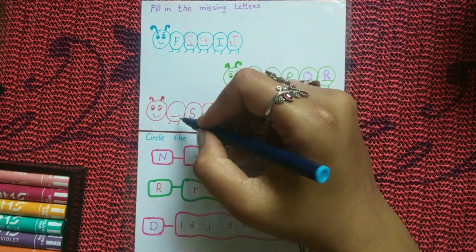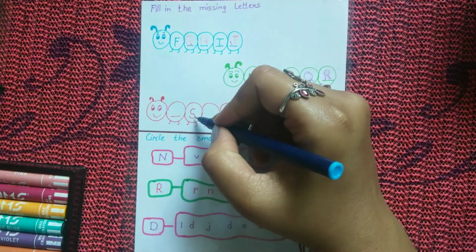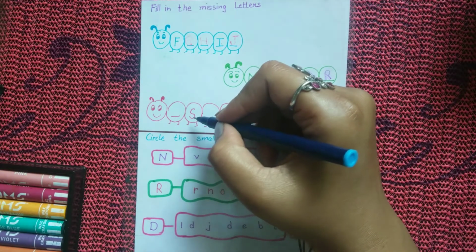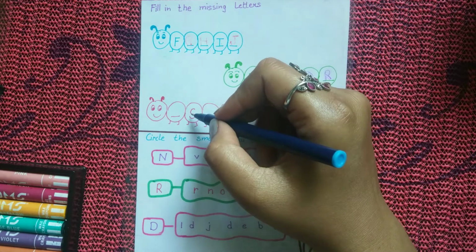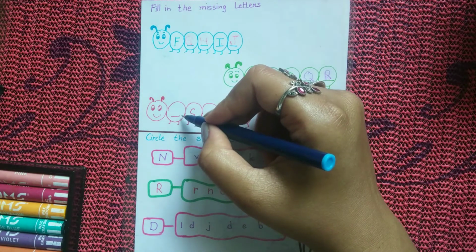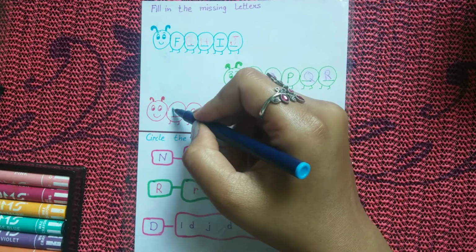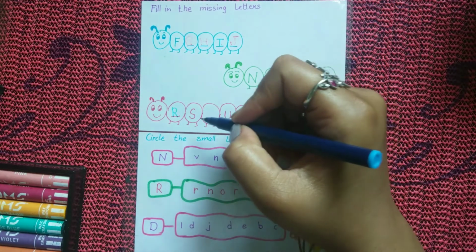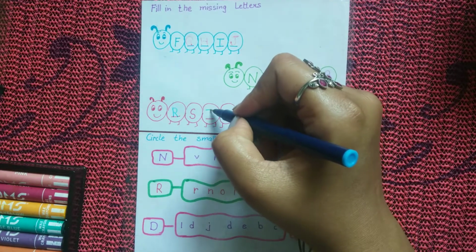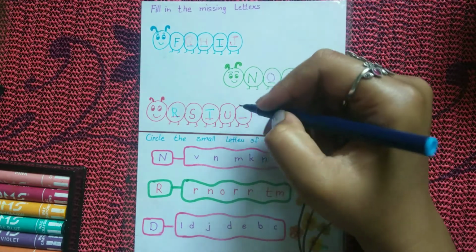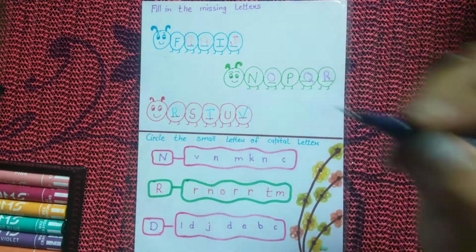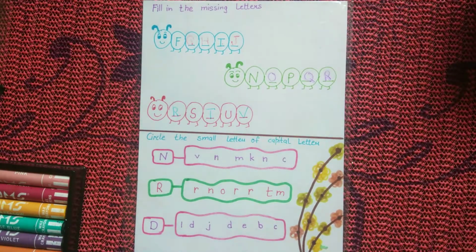So to understand what will come here, first read this letter. That is letter S. So we have to think what comes before letter S. Do you know? Yes, right. That's letter R, everybody. Then S, then T, then U, and lastly V, everyone.